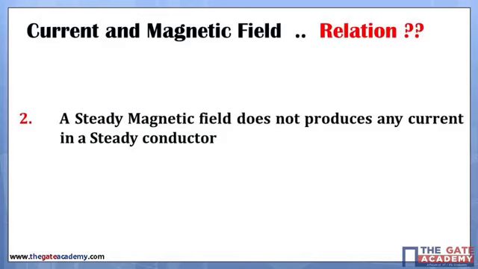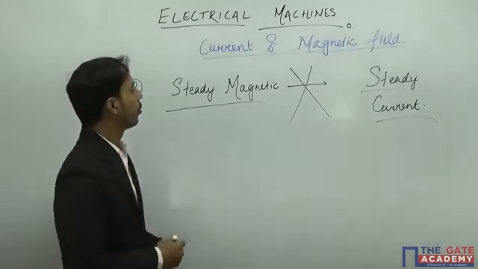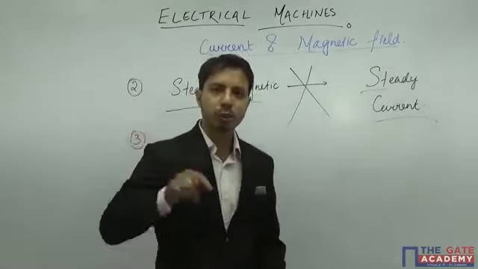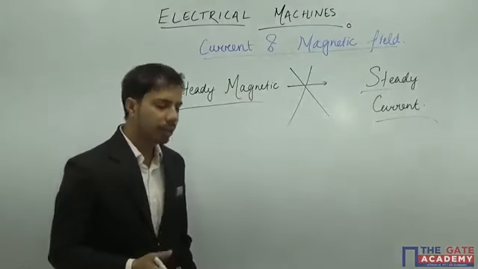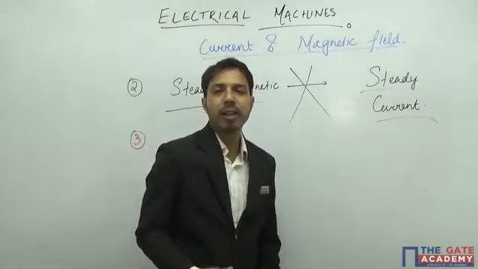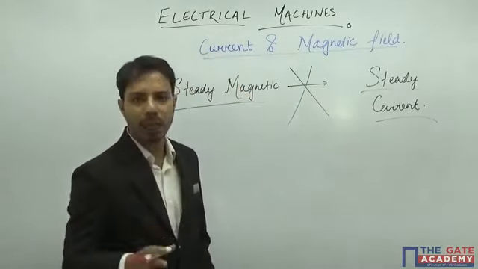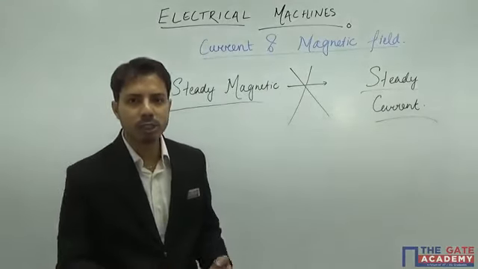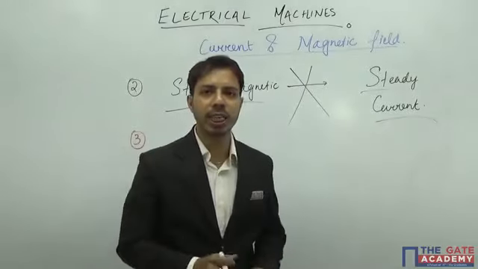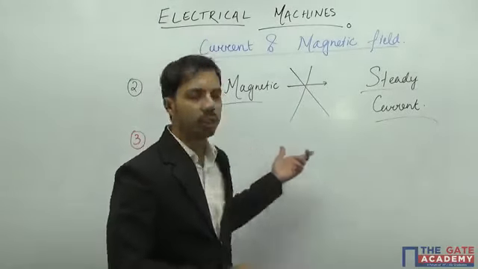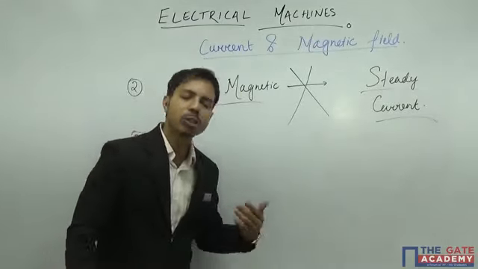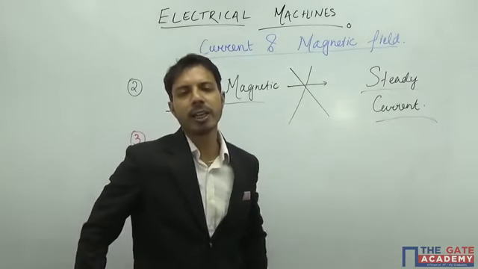But eventually one day, accidentally, he discovered something. What he discovered is, due to sudden changes of this field, that means when he switched on or switched off this particular electromagnet, there was a change in field, and due to that change in field, there was a meter connected across a circuit where he was trying to see whether the current is flowing or not. What he saw is, whenever there was a sudden change in this magnetic field, there was current. And ultimately he came to some conclusion, and he did the experiment in a better way,